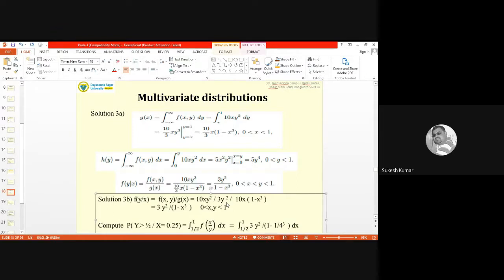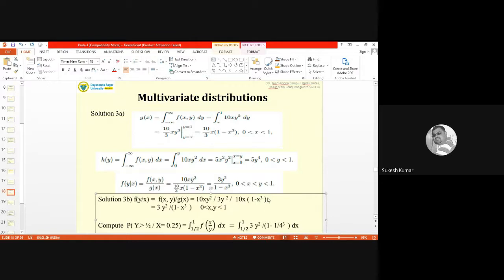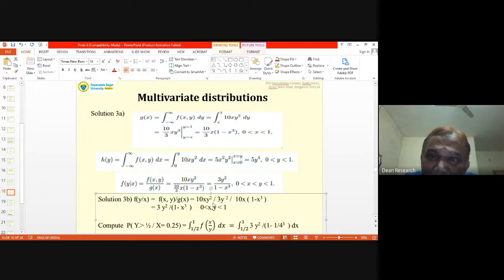Sir, you remove that line. Actually, that line and the one just above are both the same, so you can remove this line, I think. No, I'll be removing it later, because it is coming in picture format. I can remove it right away, but I will remove it when I send it. Anyway, we have already computed the same thing above.